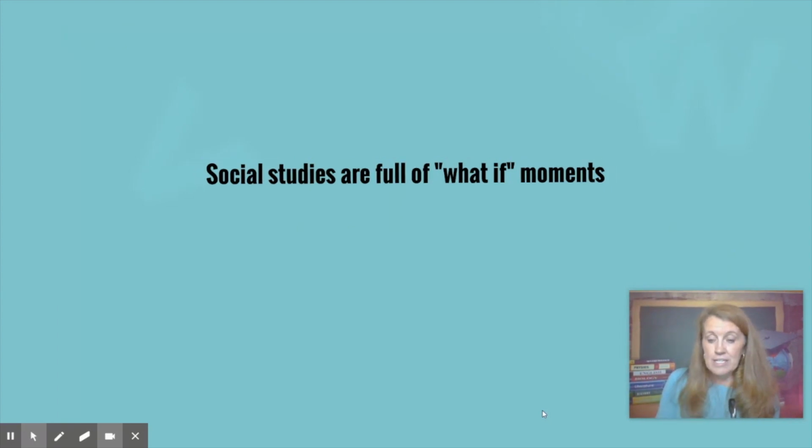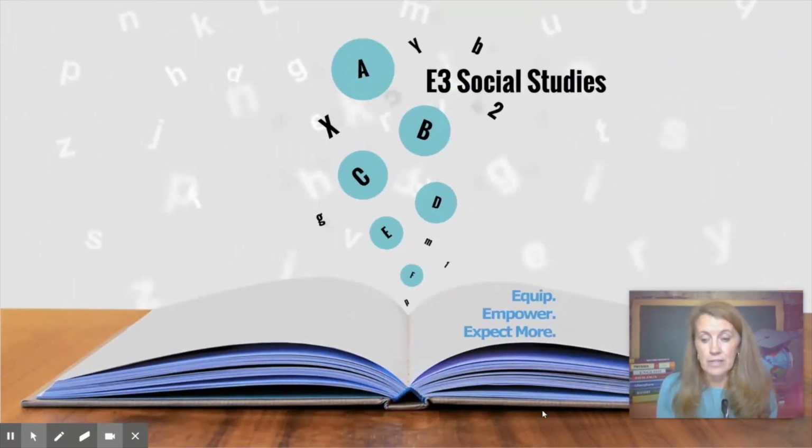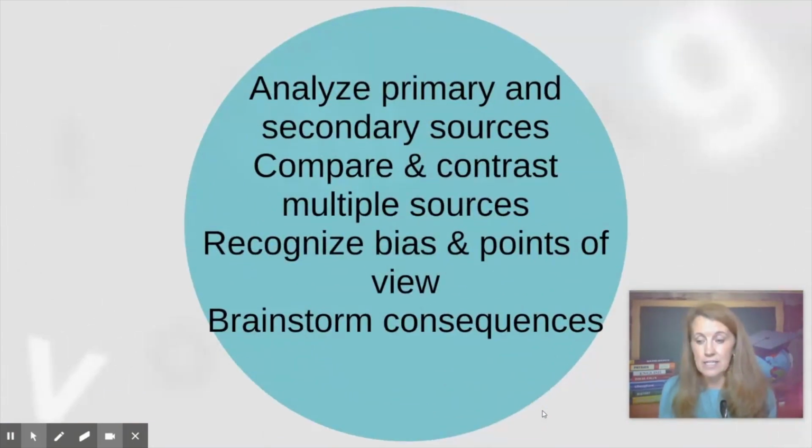So this strategy is utilized to help students take acquired content, materials, and resources and apply it in a manner that will strengthen their ability in analyzing primary and secondary sources, comparing and contrasting multiple sources, recognizing bias and various points of view, differentiating between direct and indirect causation, developing a structured way of brainstorming the direct and indirect consequences of a decision,